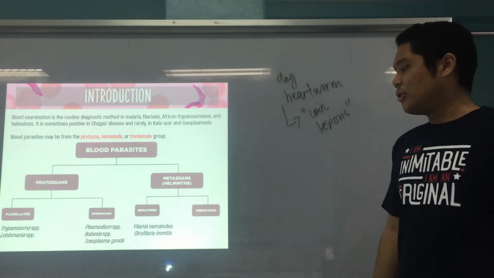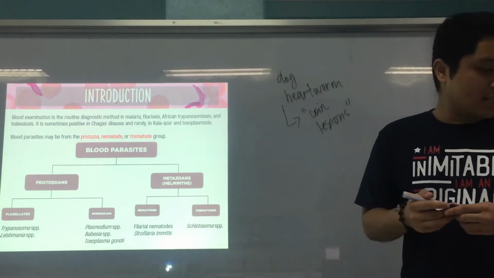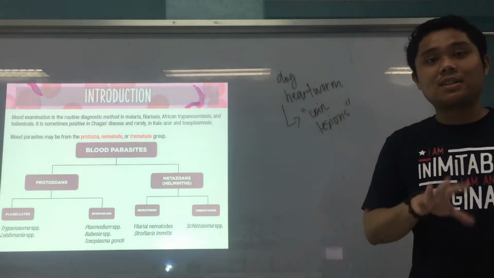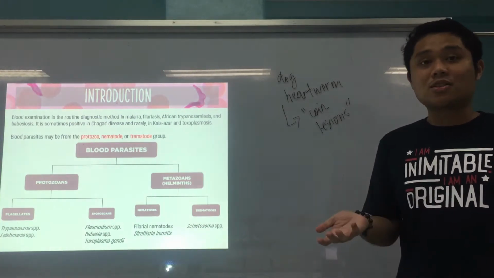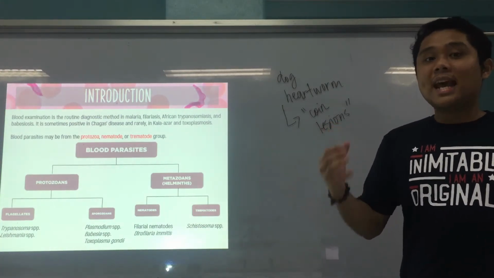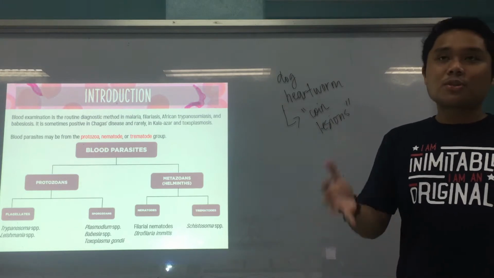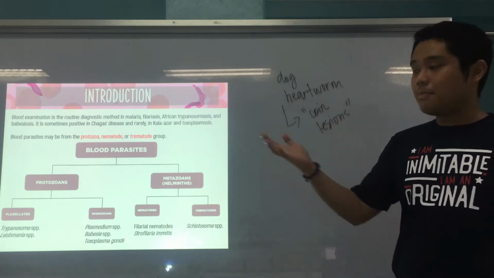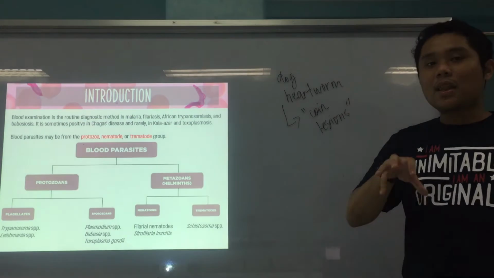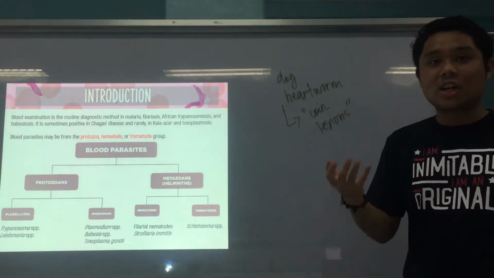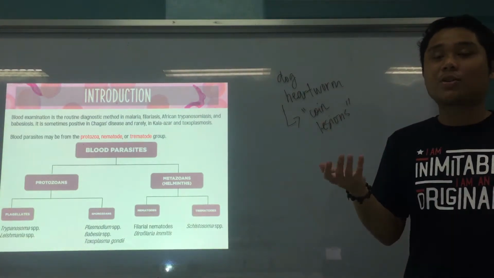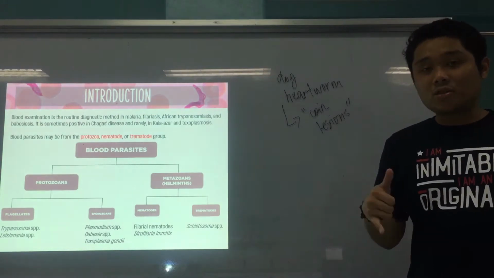And lastly, for trematodes, your Schistosoma species. Now, for Schistosoma species, we have discussed that already in parasites and fecal smear. They reside in your blood vessels, right? So that's why they can be found in blood. But their characteristic eggs, their characteristic ova can be found either in stool or